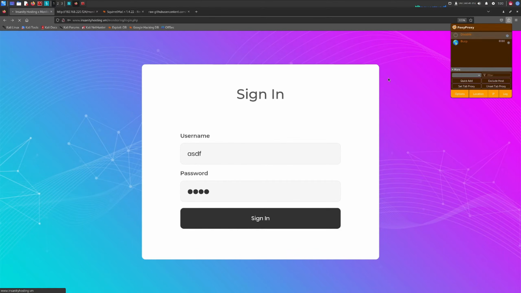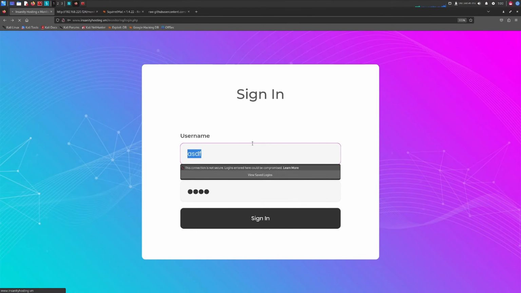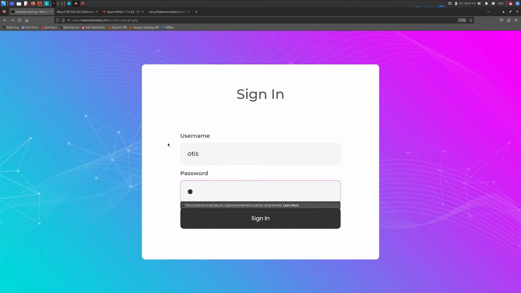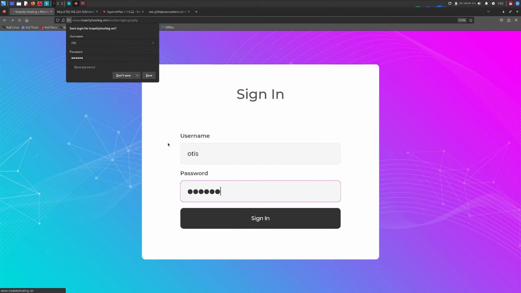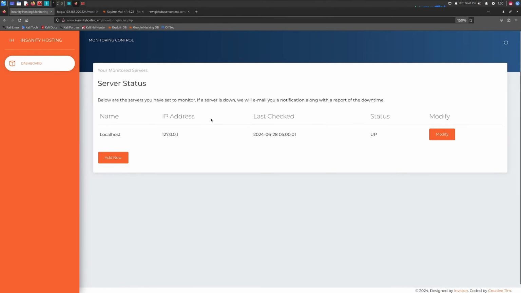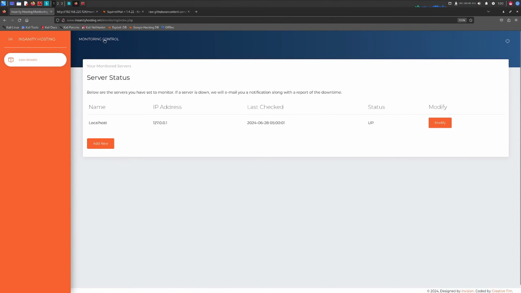We can go ahead and turn off Burp Suite. We can go ahead and move on. Let's do otis with 1, 2, 3, 4, 5, 6. And we have this monitoring control or a monitored server dashboard. And so here we have a localhost and an IP address and the last checked with the status. Now we can modify this, although it says right here below other servers that you have set to monitor,